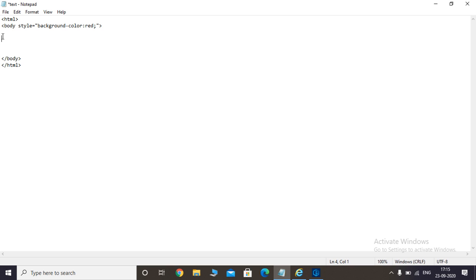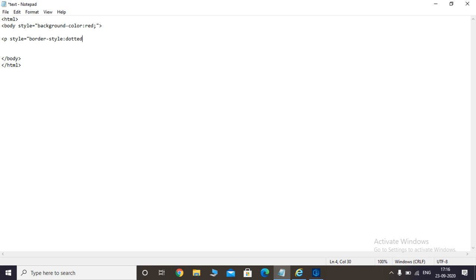Now we'll come to the paragraph. For the paragraph again we'll start the P style equal to double quotes, and the property you will be using is border style and dotted.